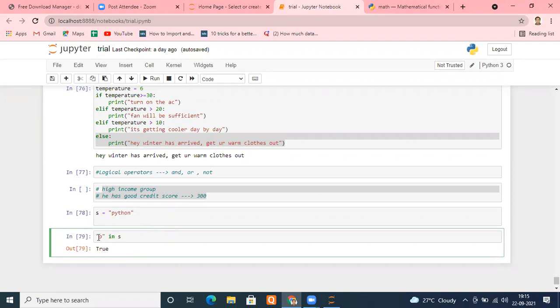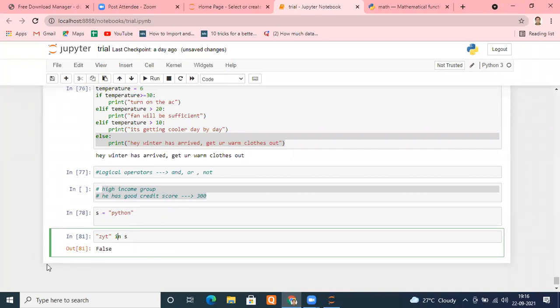Suppose I want to check whether pyt is available or not. Doesn't matter, only py, you can type pyt as well. So again, it will show true. Suppose I type zyt, of course it is going to show false, right? So remember that, because in the if statement specifically, it is going to help you out in your string. Is it fine, everyone? Okay, great. I hope no doubt till this point.